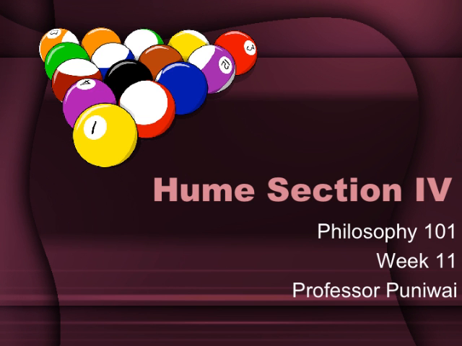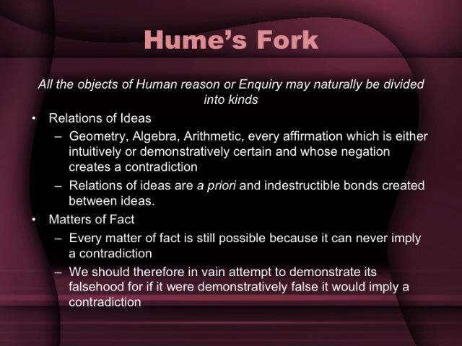And this investigation into the way we reason produces some interesting conclusions on how weak or limited reason actually is. And with that, we will go into the first part discussing Hume's famous fork. Hume's fork. So Hume divides all objects of human reason or human inquiry into 2 kinds: relations of ideas, and matters of fact.